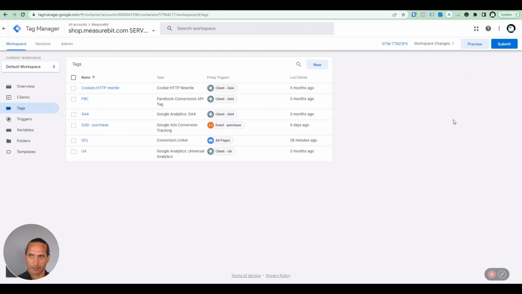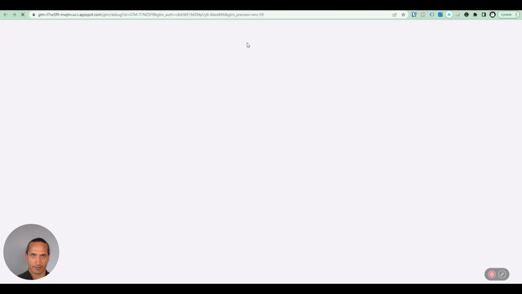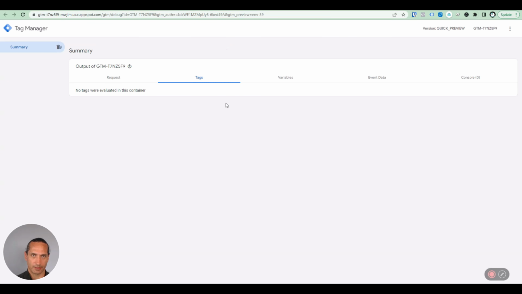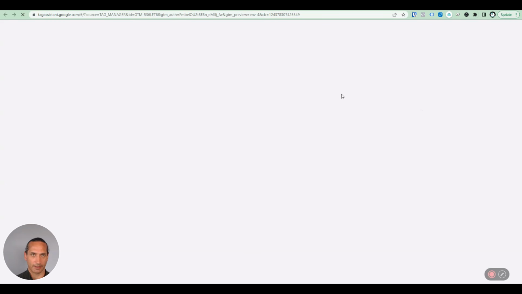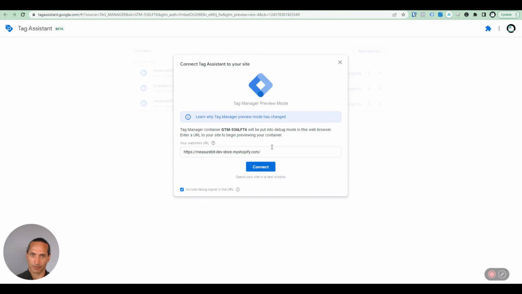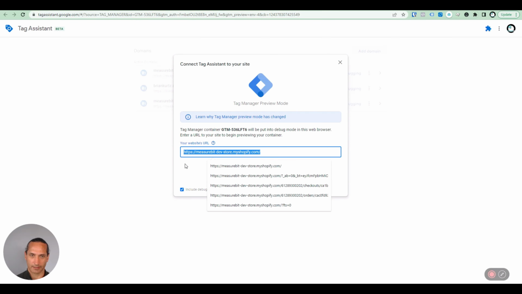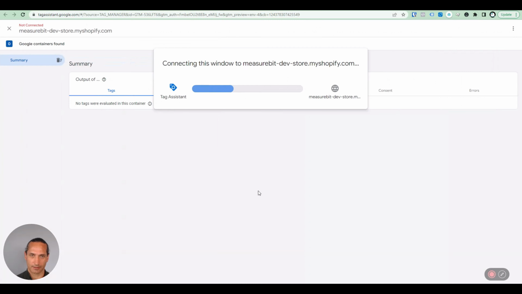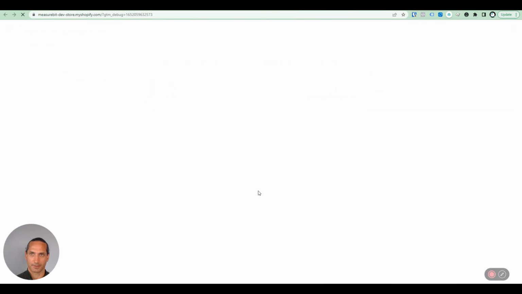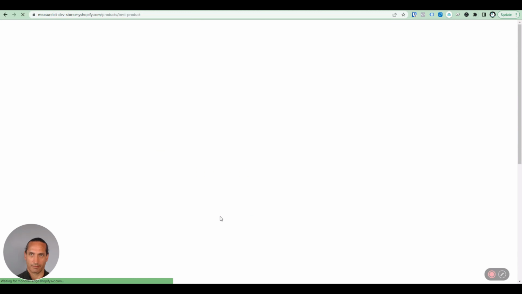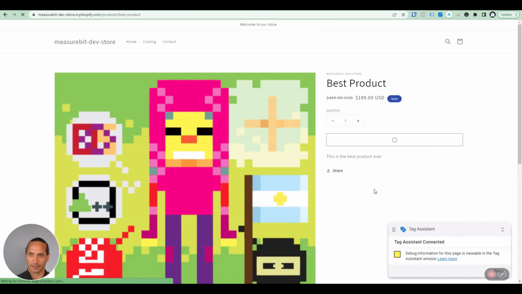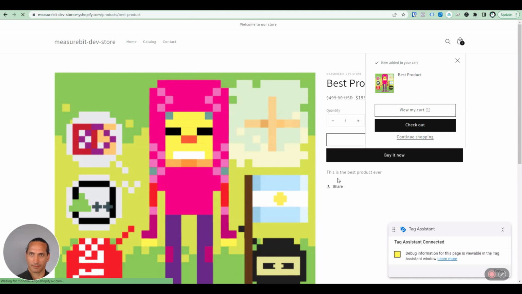To test, we click on the preview button in the top right. This will open up a new debug mode window for GTM server. We're going to do the same thing for the browser container by clicking the preview mode for that one up in the top right hand corner, and I'm going to put in the link to the store that I'm testing. Click on connect. And now we can do a test purchase. So I'm going to do that right away. Add to cart. Checkout,